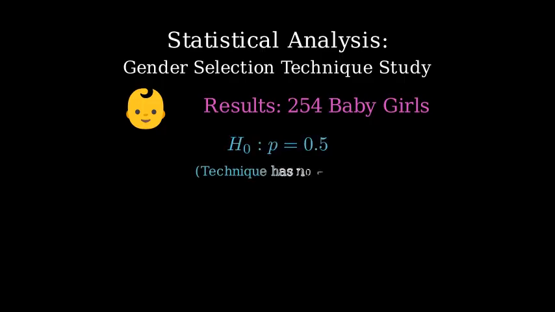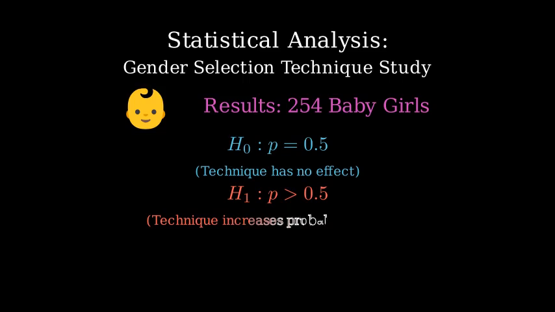First, we establish our null hypothesis, H0. This assumes the technique has no effect, meaning the probability of having a girl remains at the natural rate of 0.5 or 50%. Our alternative hypothesis, H1, is that the technique does affect gender selection, specifically increasing the probability of